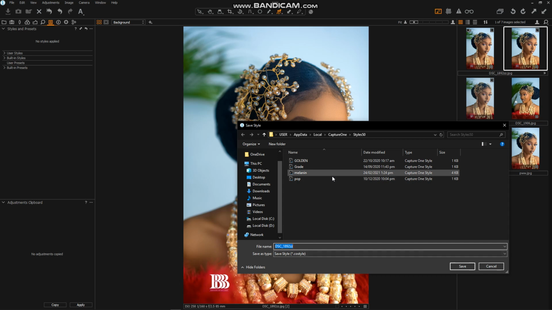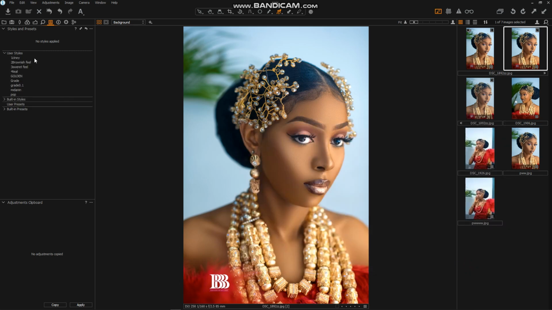So you save it with the name you want. Maybe you can call it grade 0.1. Okay, then we save. Voila, saved. So you come and see it under your user styles, see it as grade 0.1. I have other presets here that I created for myself. Alright, so that's it. Anytime you come into Capture One, you can